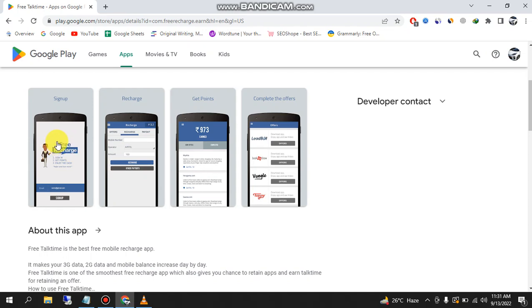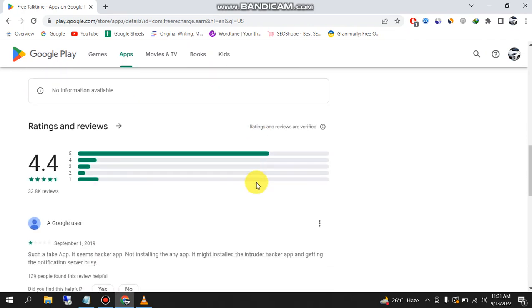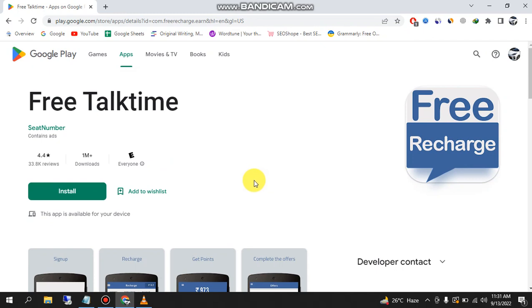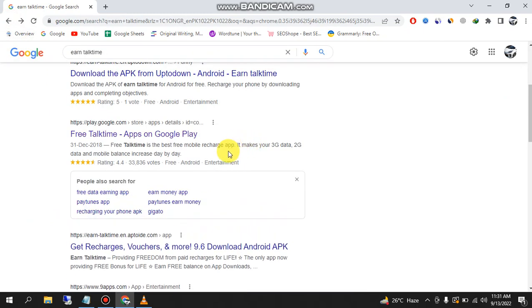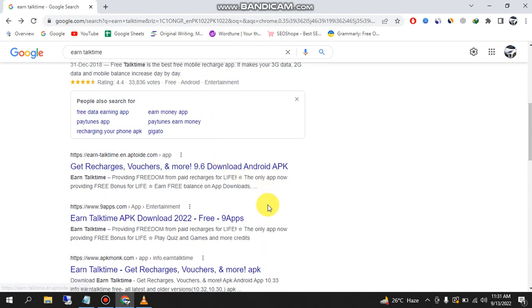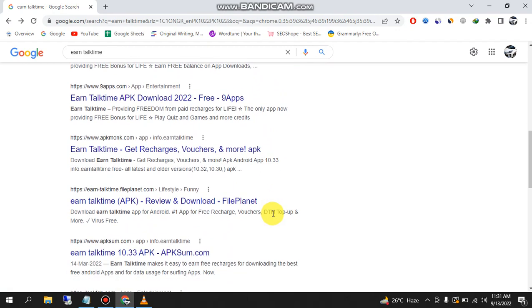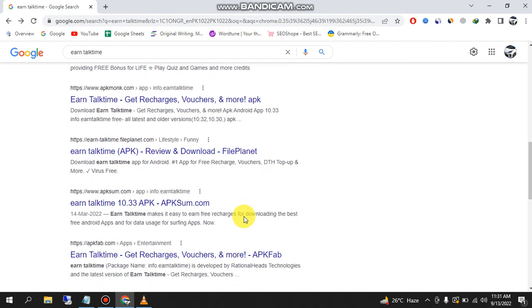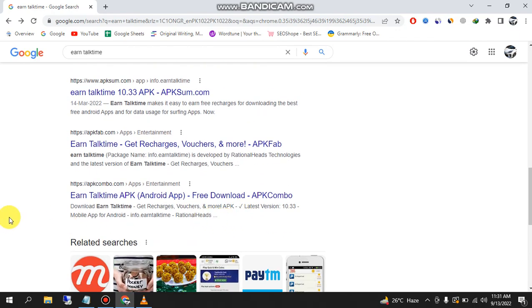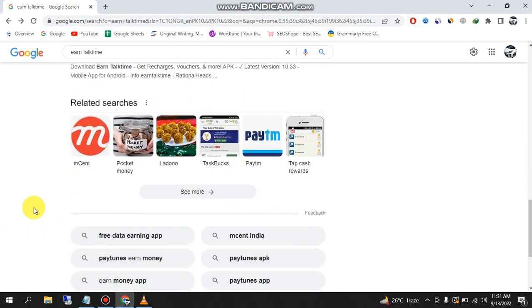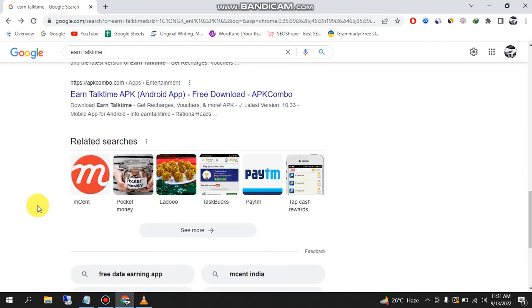These are sign up options, recharge, get points, complete offers. As you complete the offers in this app, you get the rewards, bonuses, and also the coins which are convertible in other currencies. So guys, this is the app. You can earn a lot of money by talking with others,